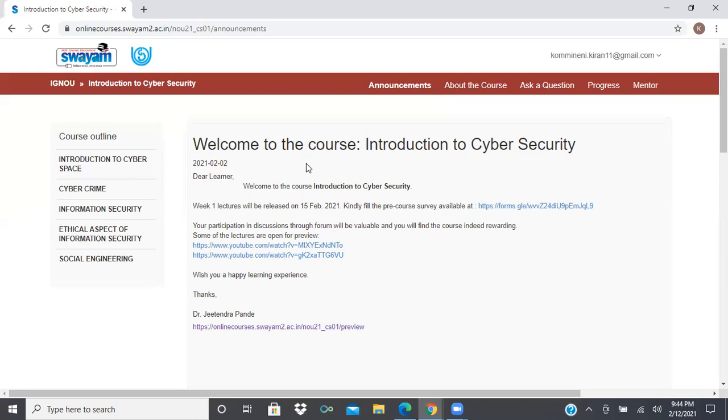Generally the fee for this examination will be 1,000 rupees per course. For each course, suppose if you have done 10 courses, you have to pay 10,000 rupees if you want 10 certificates. But the dates will be somewhat limited, and you can choose the date and city where you can write that particular examination.